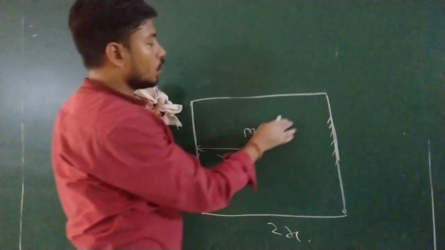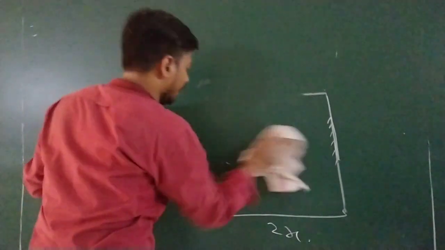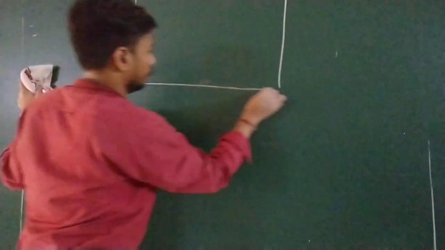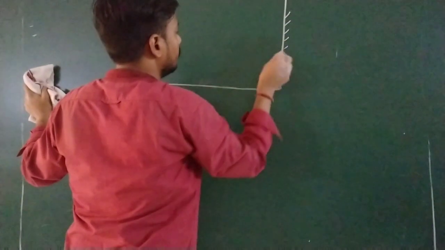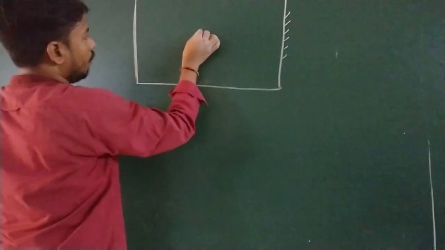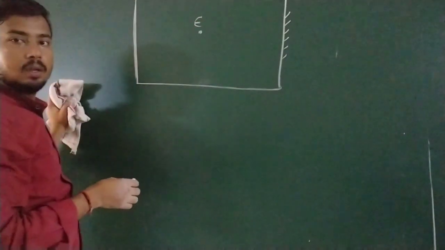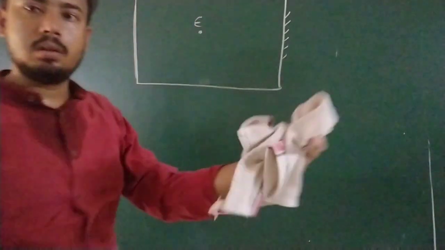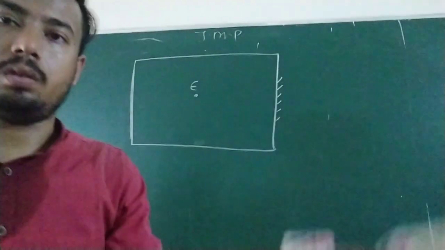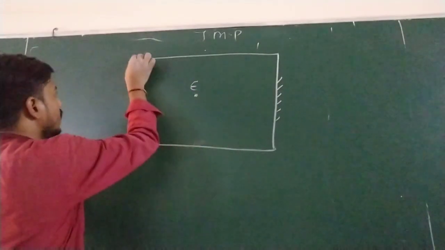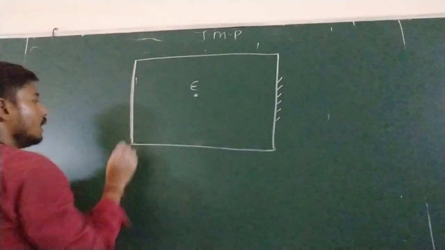Okay. This distance is 2x, so again I am making another diagram. See, this is our complete room. This is a mirror, this is a wall, and your man is here. Suppose that this is the eye of the man. See, this is the eye here, the eye of the man. You want to see this one.